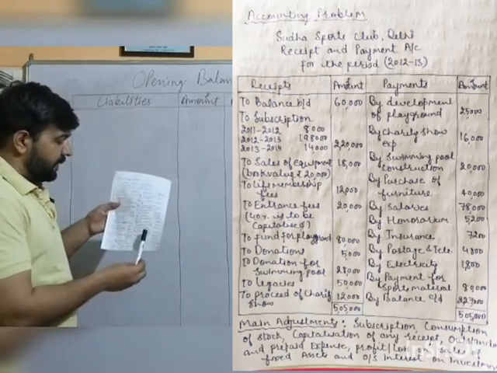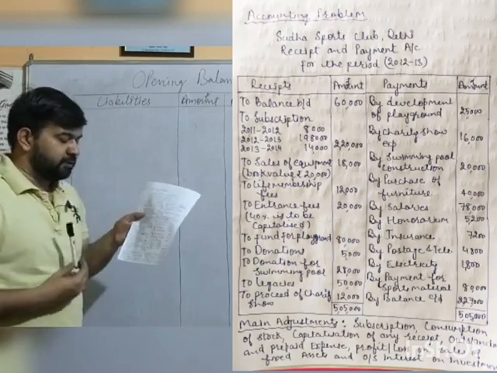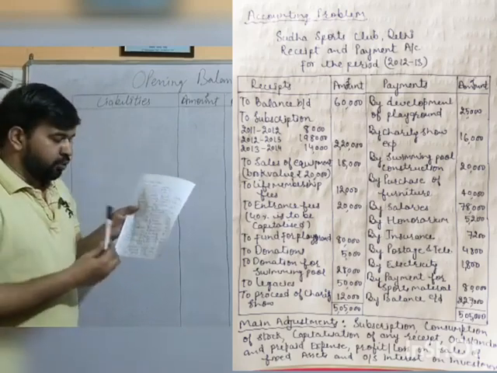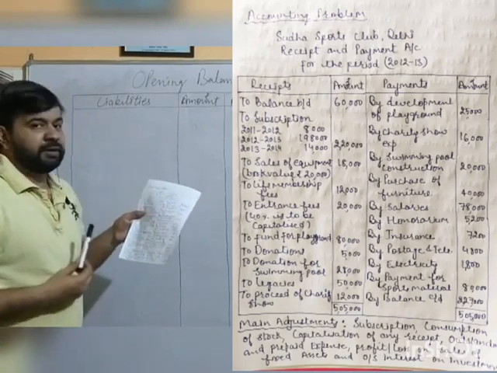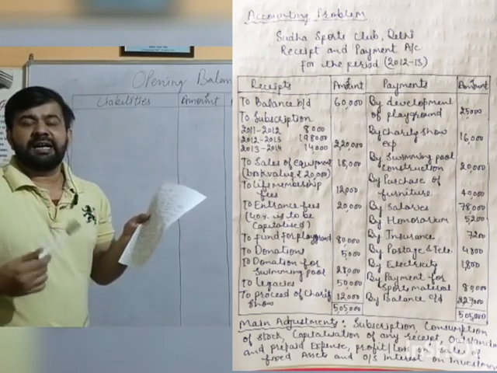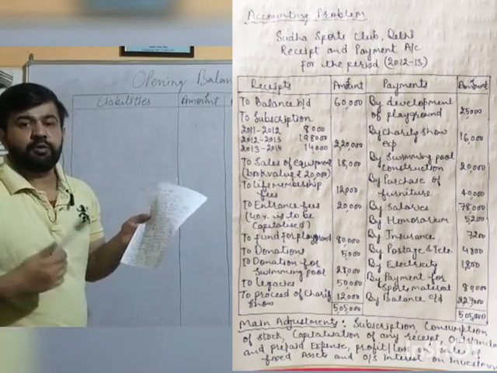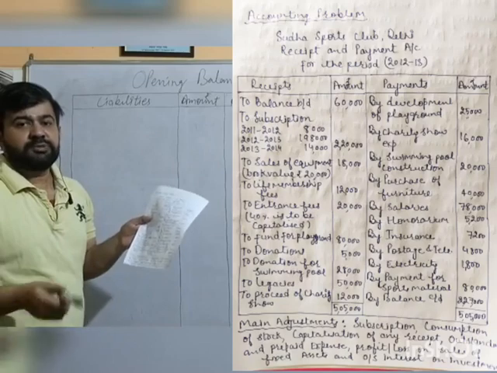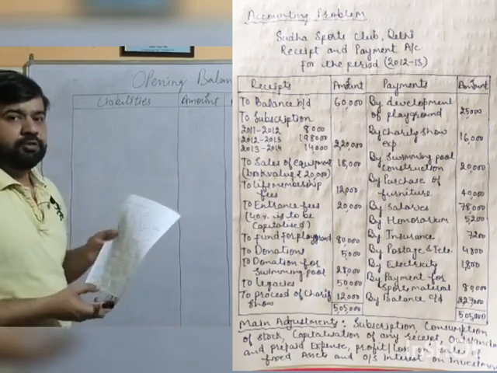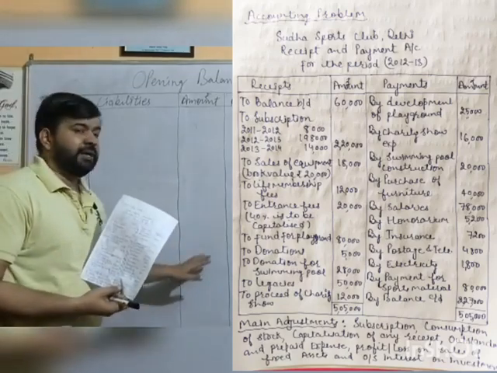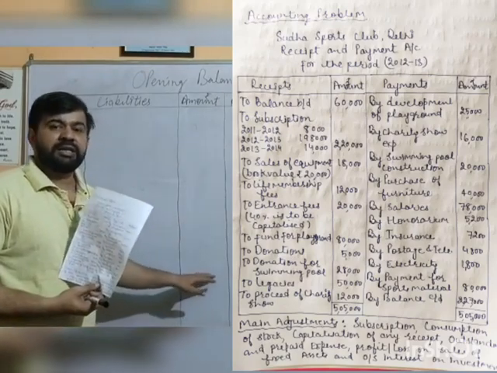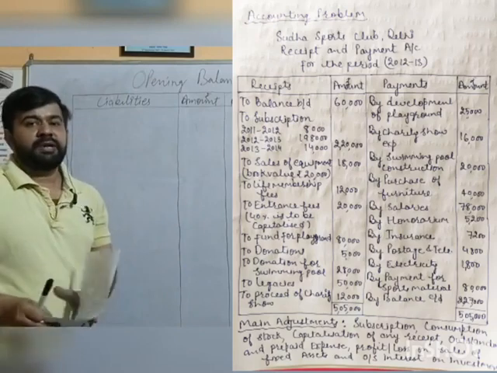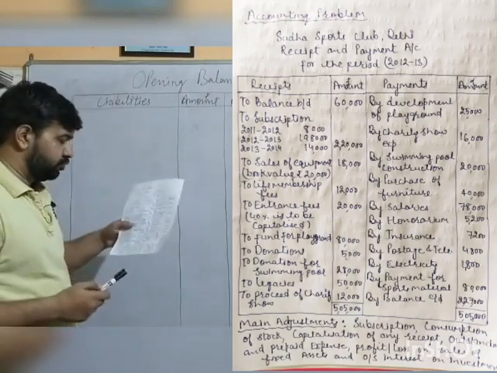Then we have payment for sports material. You know, it is one of the important adjustments after subscription, as we have also discussed in our earlier lecture. So whenever we are provided with the payment, we have to adjust creditors and advance paid to the suppliers of such material in order to determine the amount of purchase. Then this purchase is converted into consumption of such material, to be shown on the expenditure side of the income and expenditure account. Creditors and advances are to be shown on the liability and asset side of the opening and closing balance sheet as they belong to.